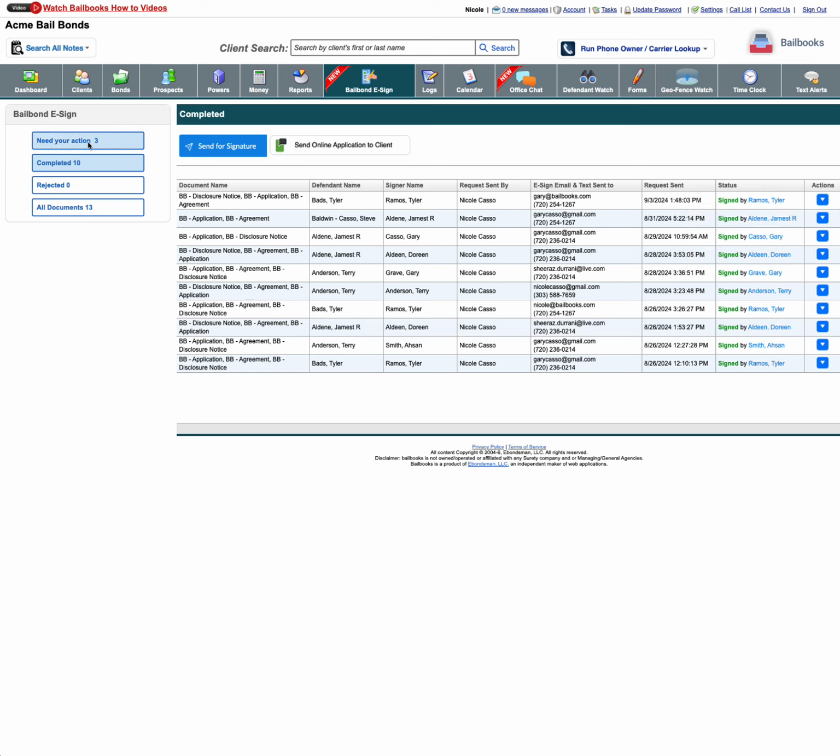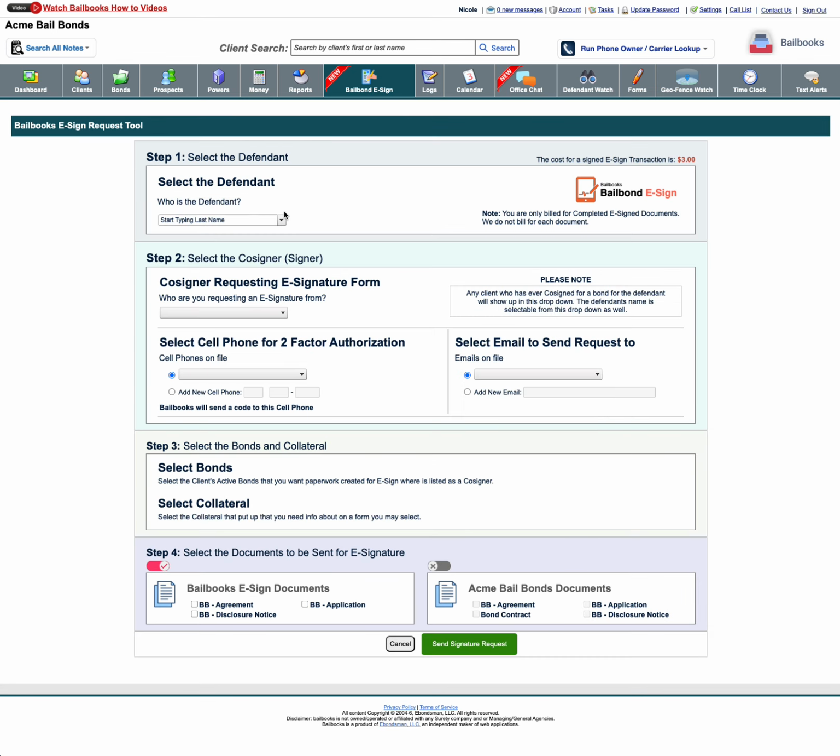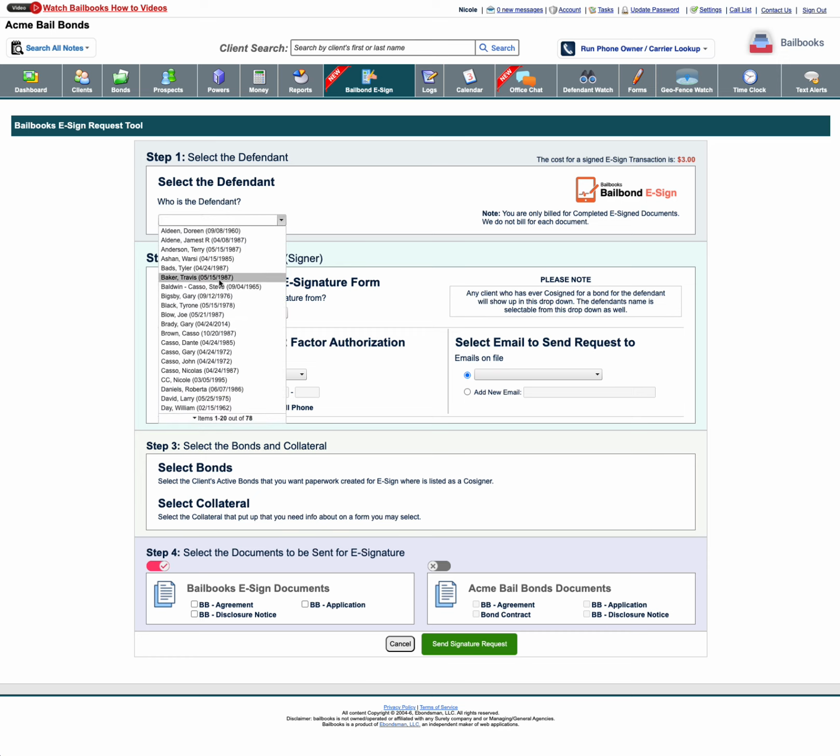For this demo, I'm just going to show you how you would start an e-sign request. So you'll hit send for signature, and then there's a wizard. You'll see there's 3 steps, actually 4. The first step says who is the co-signer or who's the defendant. So I'm just going to select